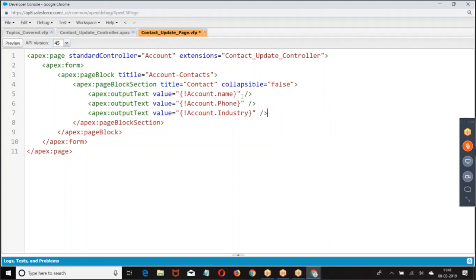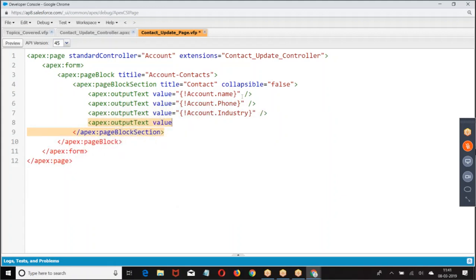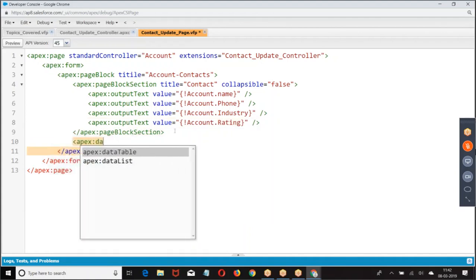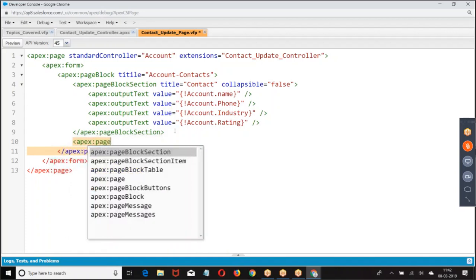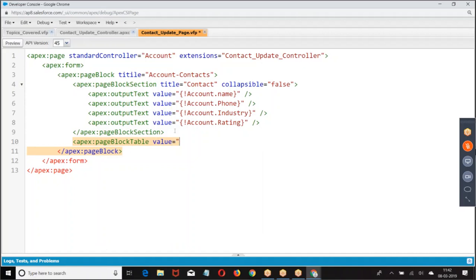Some data I gave here. Then we have page block table, value equal to